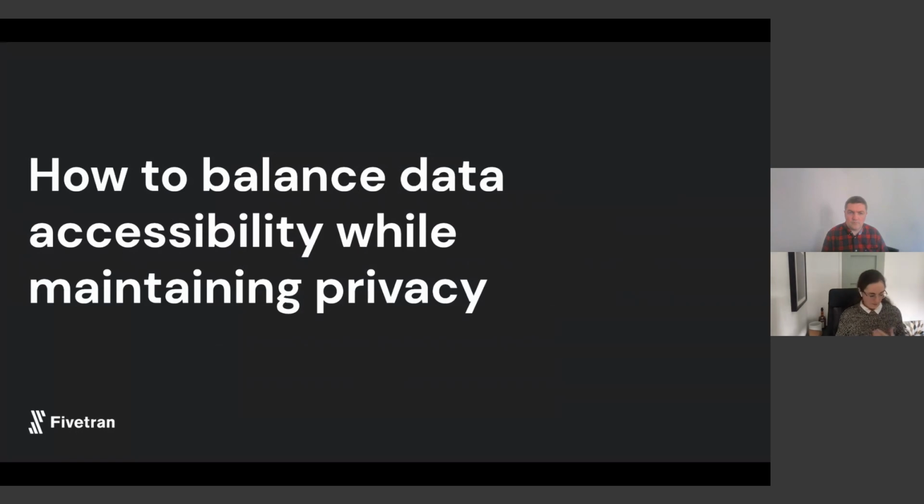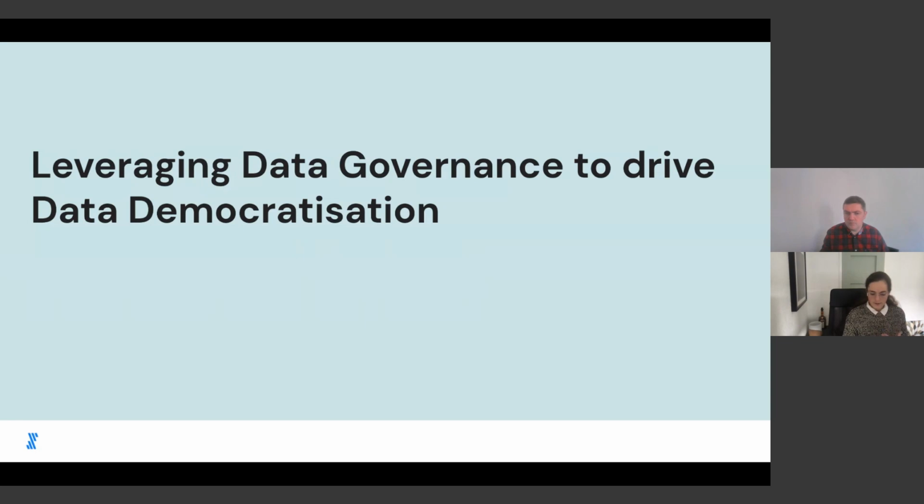So that tees us up really to talk about the main topic for today, which is how do you actually balance that accessibility while maintaining privacy or maintaining some level of control. And really the answer is by leveraging a lot of data governance or data management tools or frameworks that exist